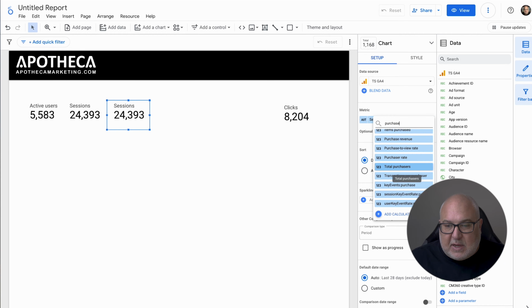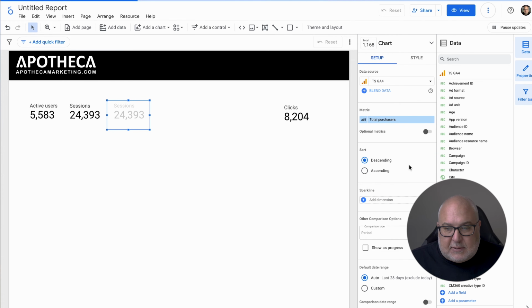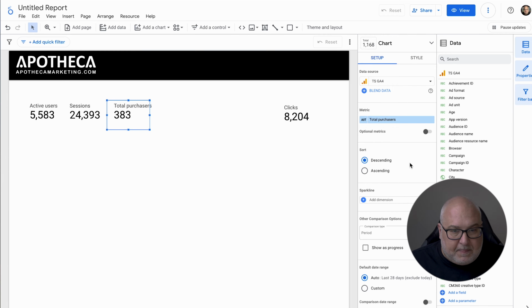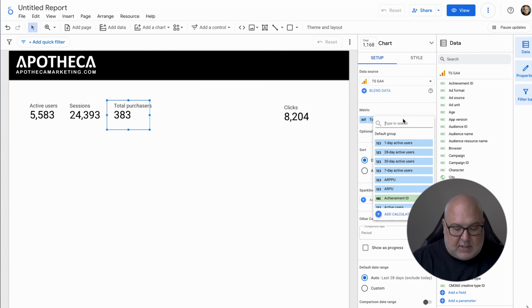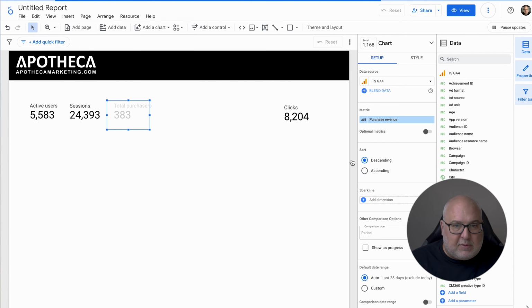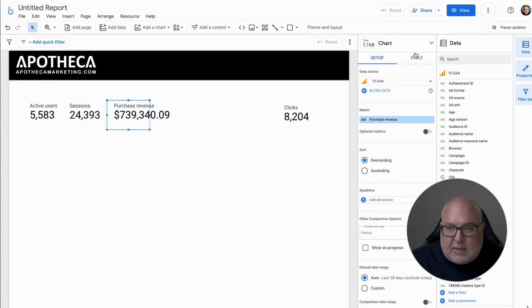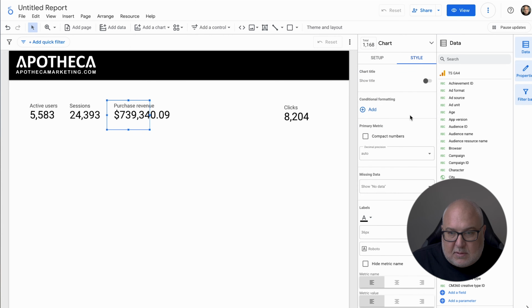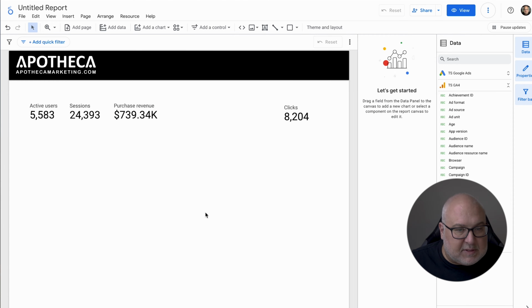It depends on how you have it set up, but total purchases should be fine. Oh, that's purchasers. Let's do purchase revenue. All right, and to make that a little cleaner, we're just going to use compact numbers. Expand that a little bit. Okay. So this is overall